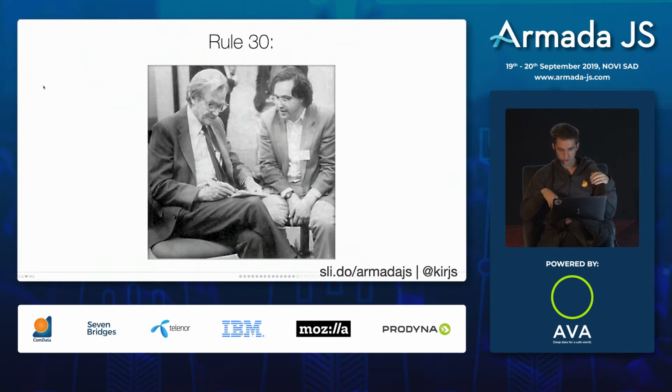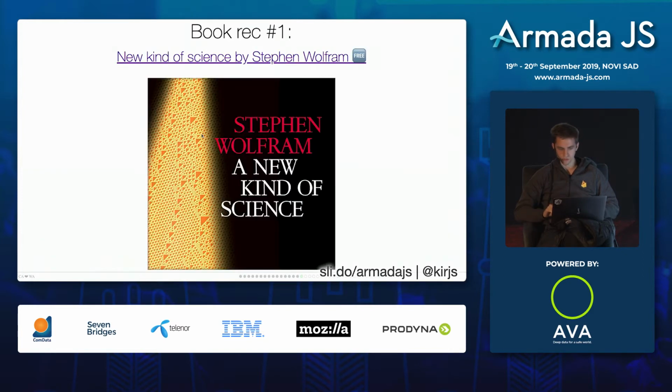And those 2 guys think it can be pretty complex. Does anybody recognize anybody in this photo? So the person on the right, his name is Stephen Wolfram. He's the author of a thing called Mathematica, and he wrote a book called A New Kind of Science. It's a very, very long book, thousands of pages. It's a bit controversial because he published it himself, but basically what he did is